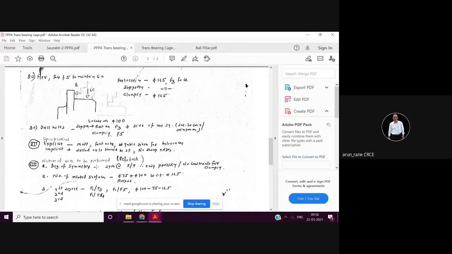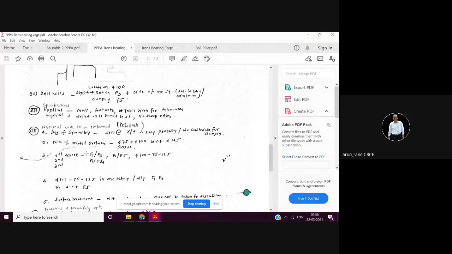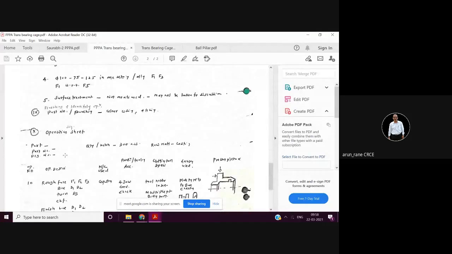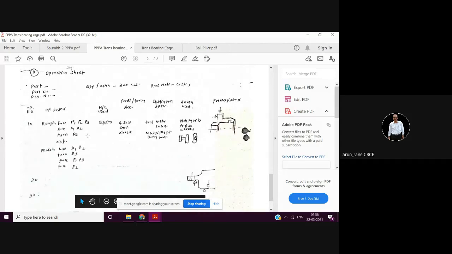So the transbearing, what I was telling, this operation sheet has now been converted into another assignment. Earlier it was in one assignment, but then it was too lengthy. So the operation sheet has now been converted into another assignment, which you can do later on. In this you are doing all detailed operations in a specific format, in a specific template.